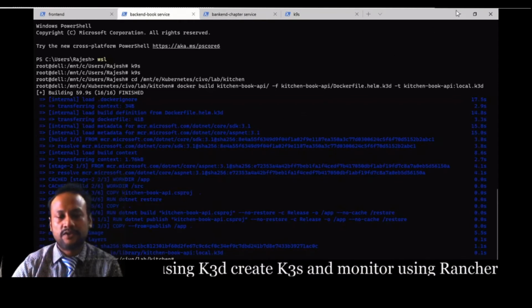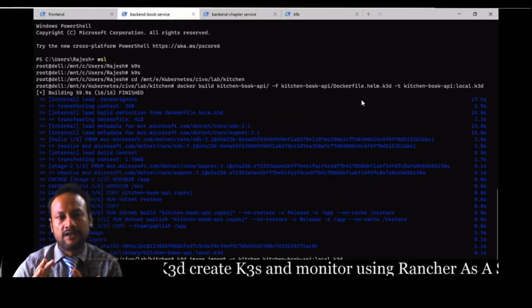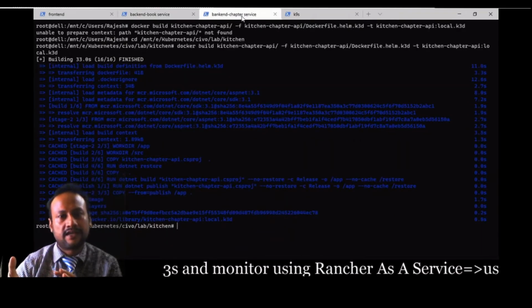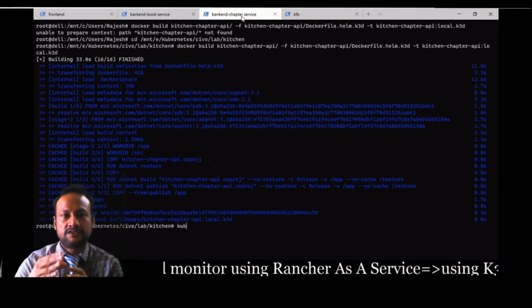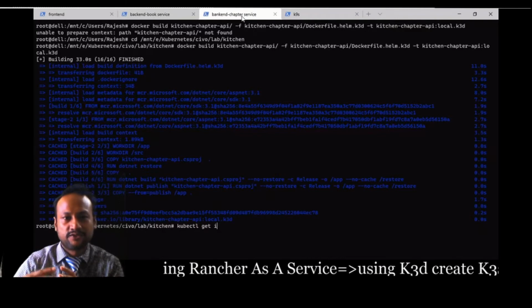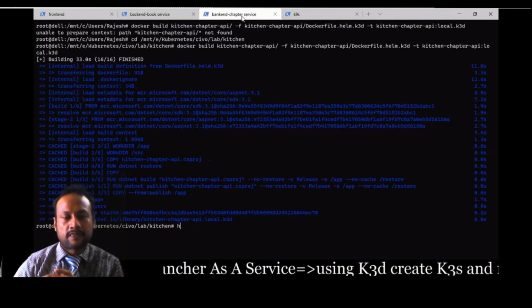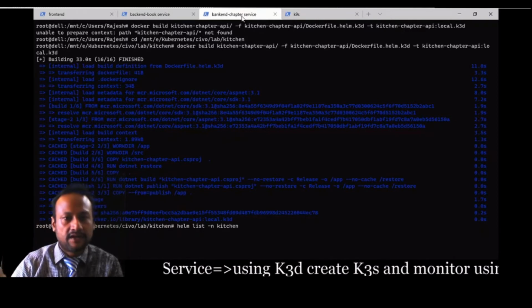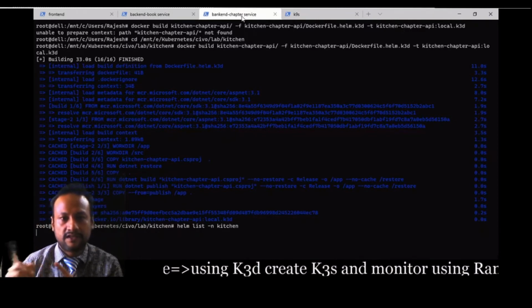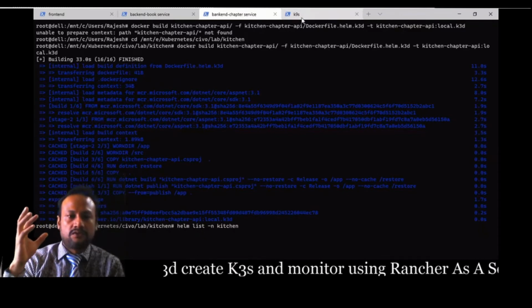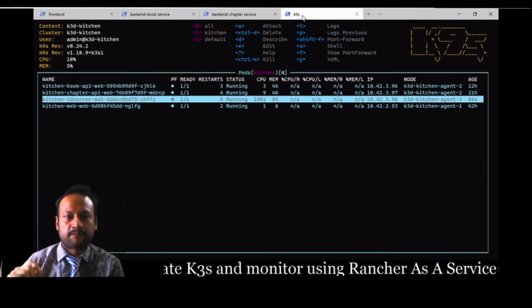So here what I'm showing is I'm doing something parallel. These microservices are already installed in our K3s using Helm. I'm just showing the steps I have done in order to save some time, otherwise these videos go so long. On one end we are seeing the services up and running in the K3s. On the other end we are trying to create an image.